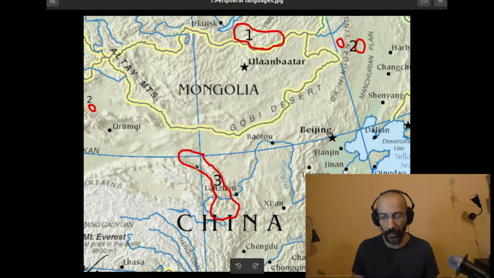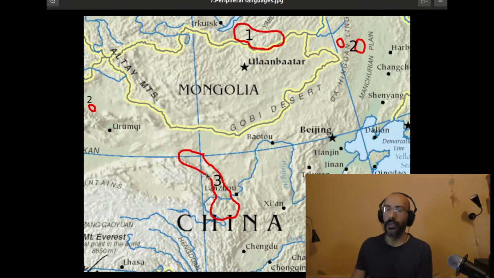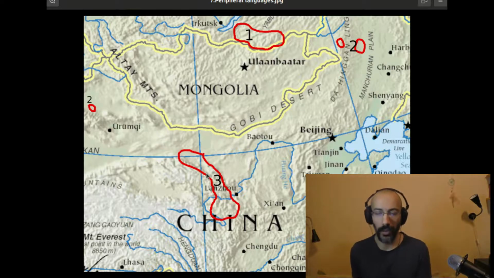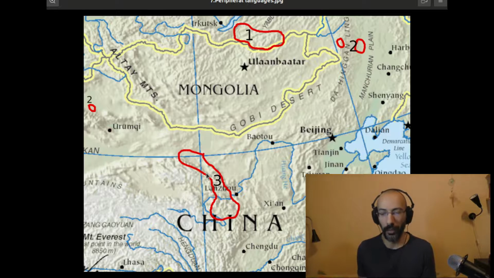Okay, first in the northern part, which belongs to Gansu province, Yellow Uyghur, a Mongolic variety spoken by about 2,000, maybe 3,000 people. And in the middle section, we have a language called by the Chinese government Tu, a language and a people. So the people is referred to by the Chinese government as Tu people, and their language as the Tu language,